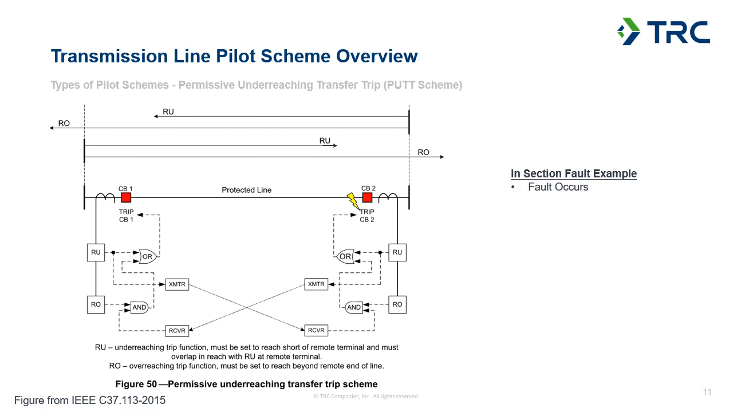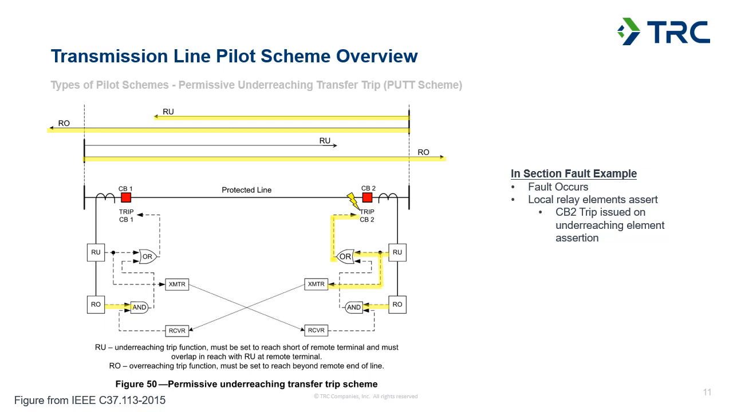We can see what elements out of the scheme are going to see this fault, and we can see that both terminals' overreaching zones are going to operate, and the forward-looking underreaching zone at terminal 2 is going to see that, which is the top RU here on this diagram. So if we start by looking at terminal 2, we'll see that both of the elements have